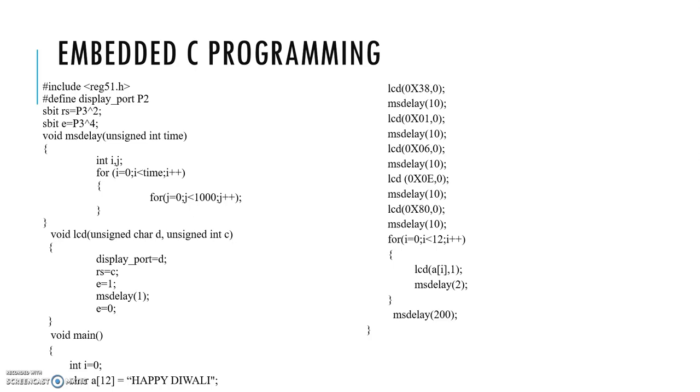LCD a[i], 1. During the first iteration, the value of i is 0, so it calls the first value of the array, that is H, which will be displayed. And here the second argument is 1, that means the data register is selected, so RS is equal to 1. So the data register will be selected, and the data is sent to the LCD. And after a delay, we are going to call the second value from the array. Likewise, it will repeat 12 times, so all the letters in the array will be displayed. And a delay of